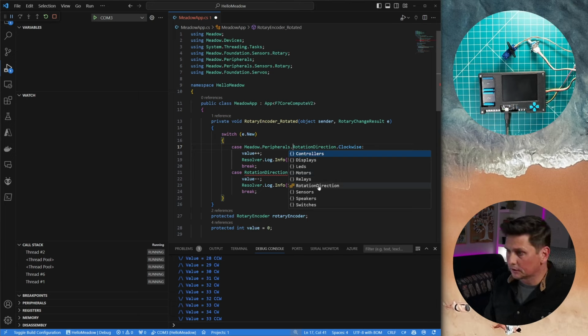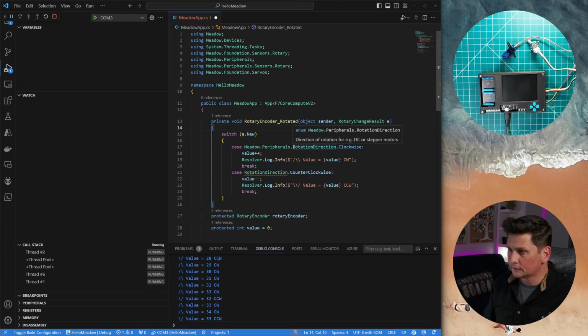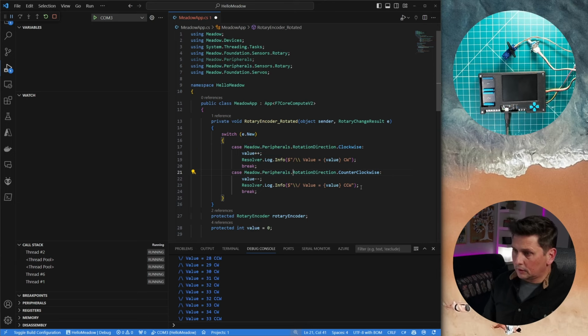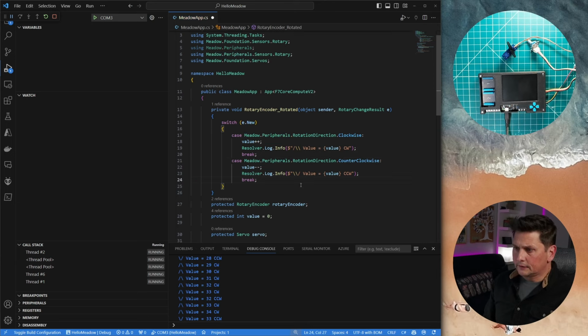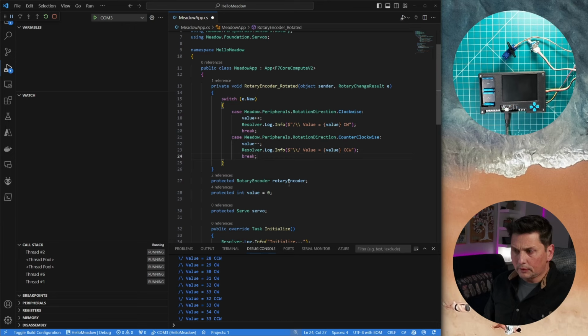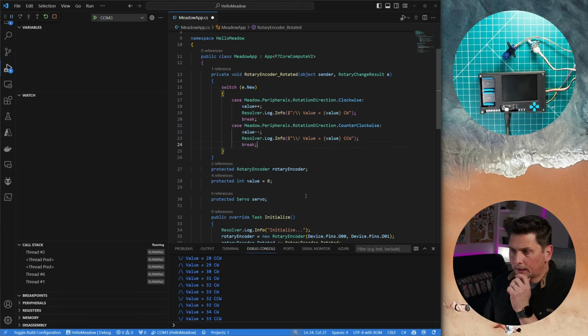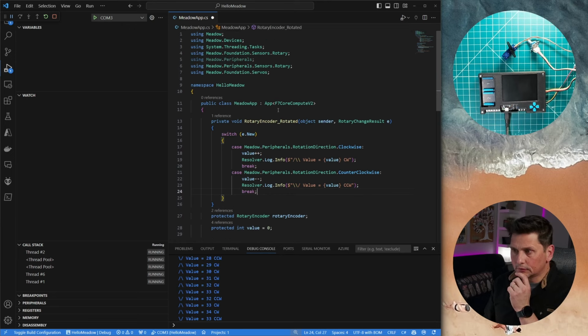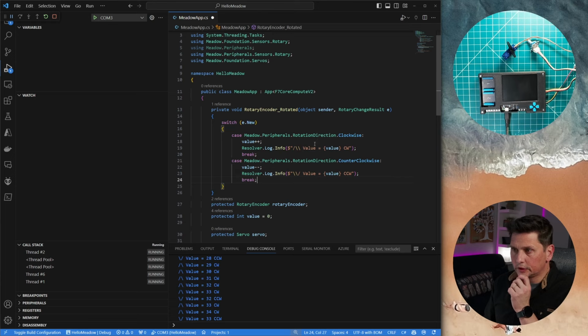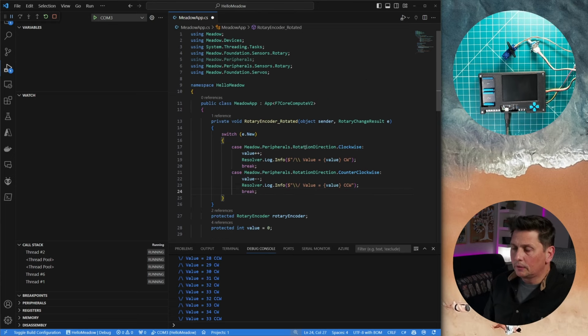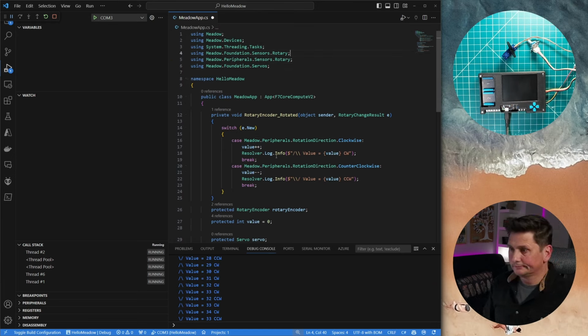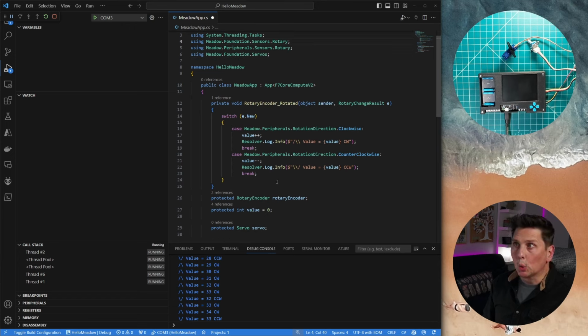So that should be good. RotationDirection, clockwise. That's the one I need from the Meadow Peripherals namespace. Okay, so I solved this problem. That was the same name for two different things in the two libraries I'm using, so we're all good there. Eventually I could have just commented that line, but anyways, that line is useless now. And we're good to go.